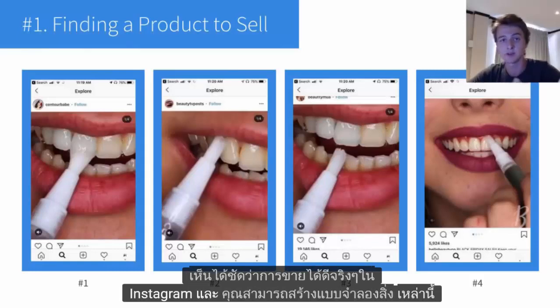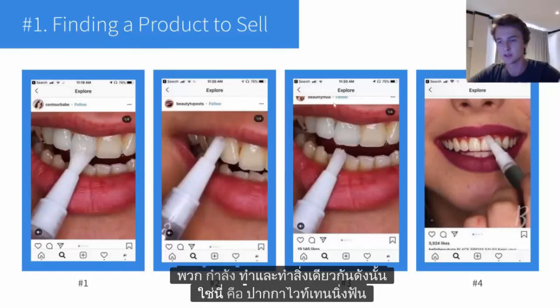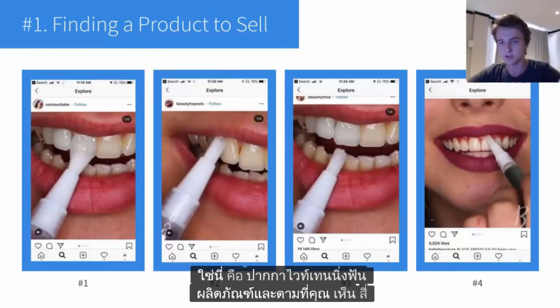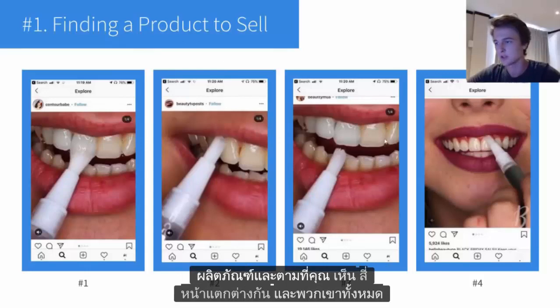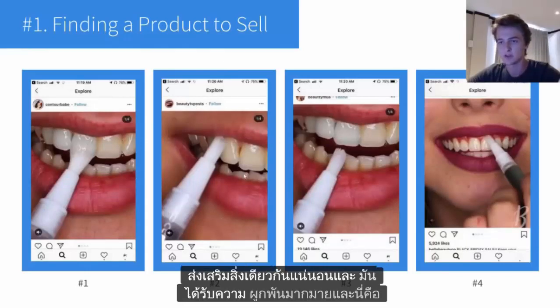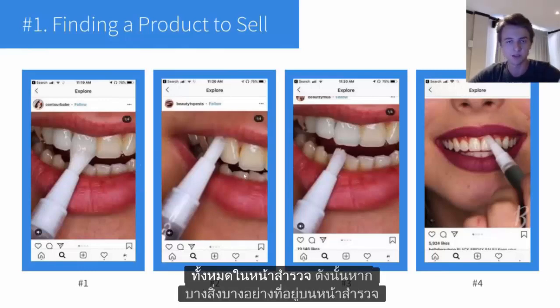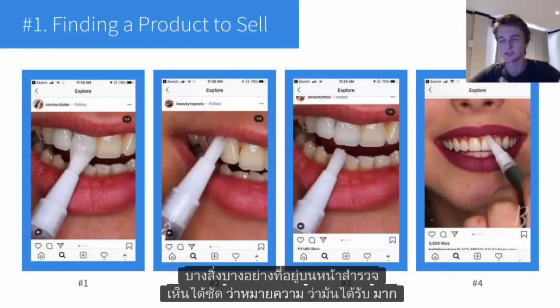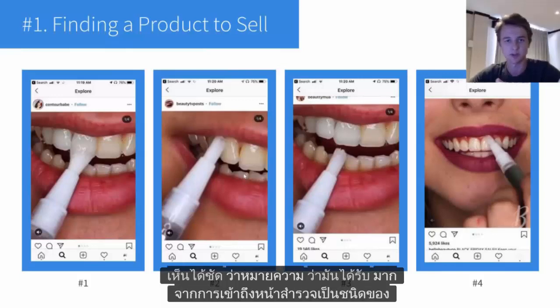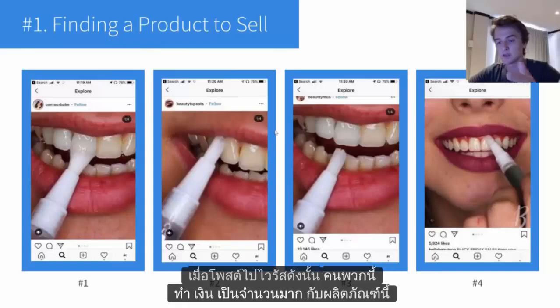And you could model what these guys are doing and do the same thing. So yeah, this is the teeth whitening pen product, and as you can see, 4 different pages, and they're all promoting the exact same thing, and it's getting a lot of engagement. And this is all on the explore page, right? So if something's on the explore page, it obviously means that it's getting a lot of reach. The explore page is kind of when a post goes viral,